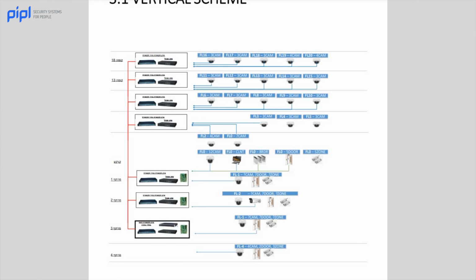So it's separated in a vertical way to really understand how the setup would work. You have then the communication cabinets with the PoE switch. So how many switches you have per level, and all the cameras that will be found on that level. Again, as you can see, you have, for example, FL18, that means floor 18, you would have 3 cameras, and so on. So you have all the details, gives you a good global view of what's being installed in that